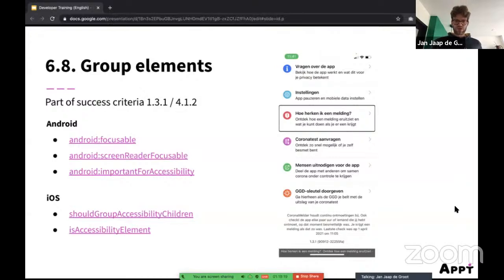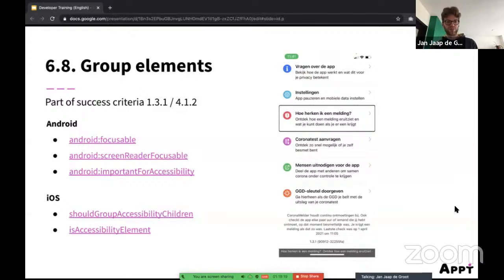In newer versions of Android, you can also use screen reader focusable. It's just like I mentioned before on iOS and Android. On Android, a lot of traits are shared. So focusable also means that people that use touch, if you put it to false, they also cannot use it anymore. So that's why they introduced screen reader focusable. This one just affects screen reader users. They also have a property called important for accessibility. It's something you can use to mark something as important for accessibility. Usually you don't really need this as far as I know, but sometimes, maybe you can look at the documentation to see if you can use it.